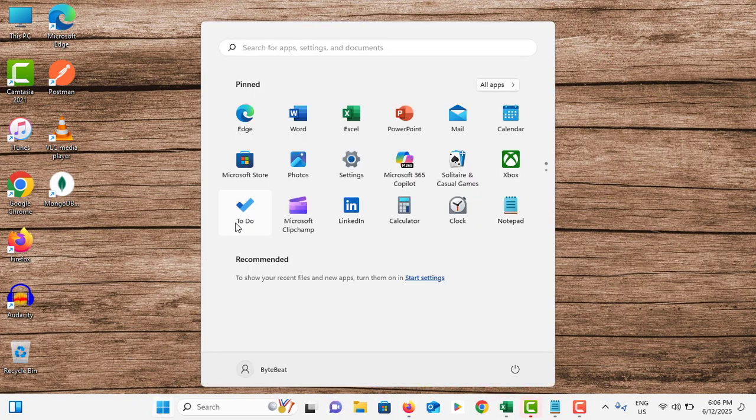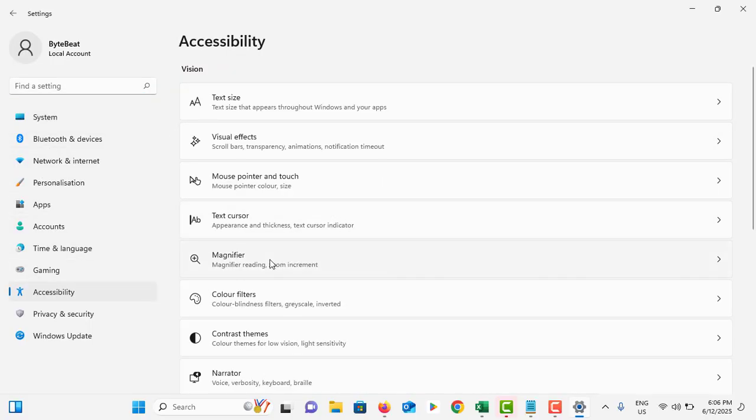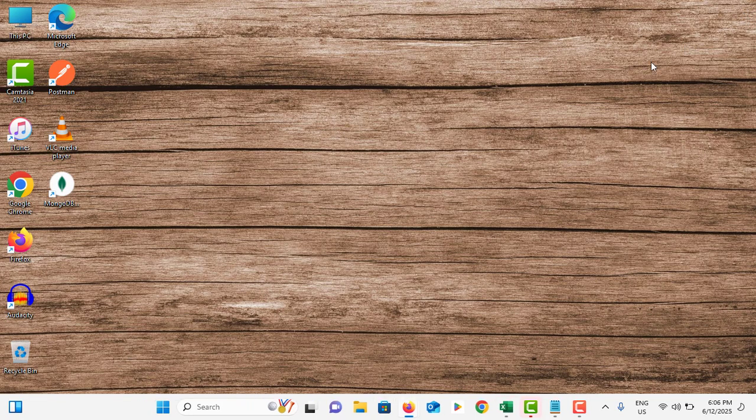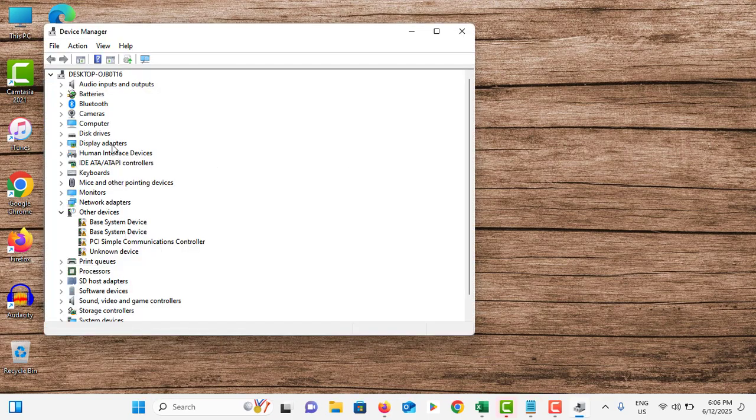Again go to Start menu, go to Settings, left side menu, go to Accessibility, tap on Magnifier option. Make sure to turn it off like this if it is turned on. So close this one. Again right click on the Start menu, go to Device Manager, double tap on Display Adapters,